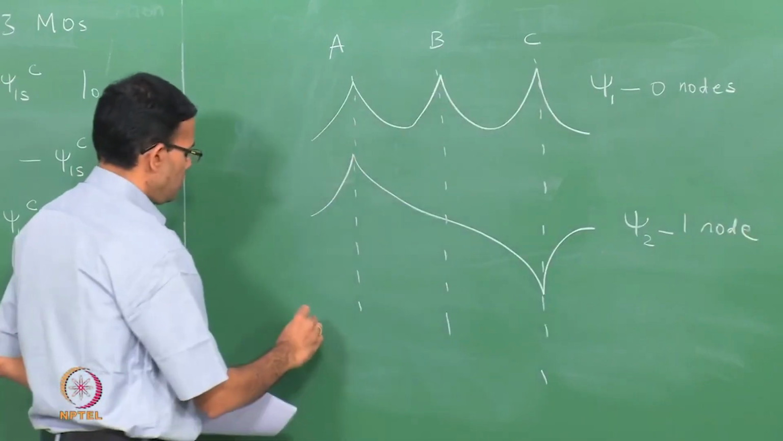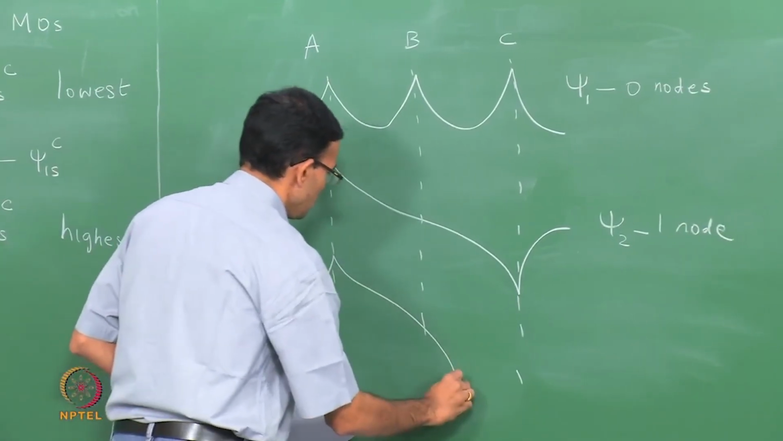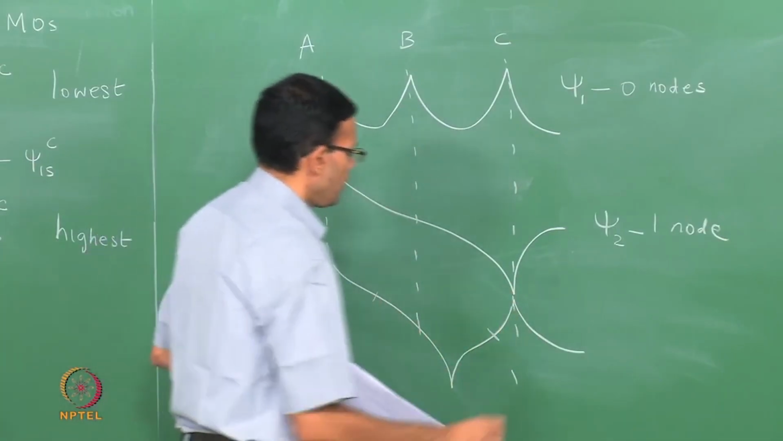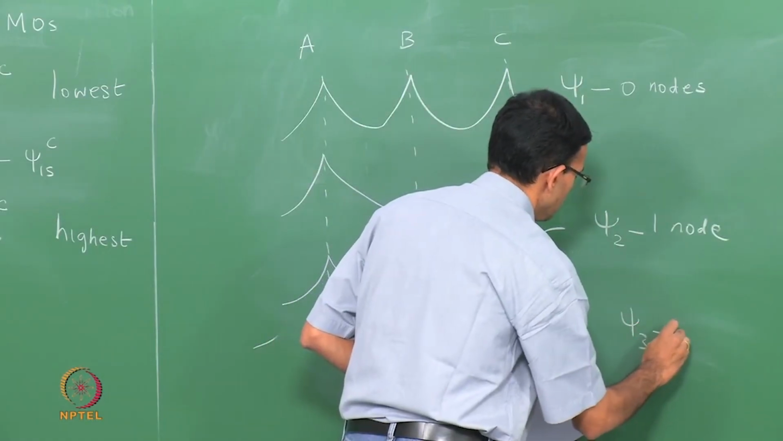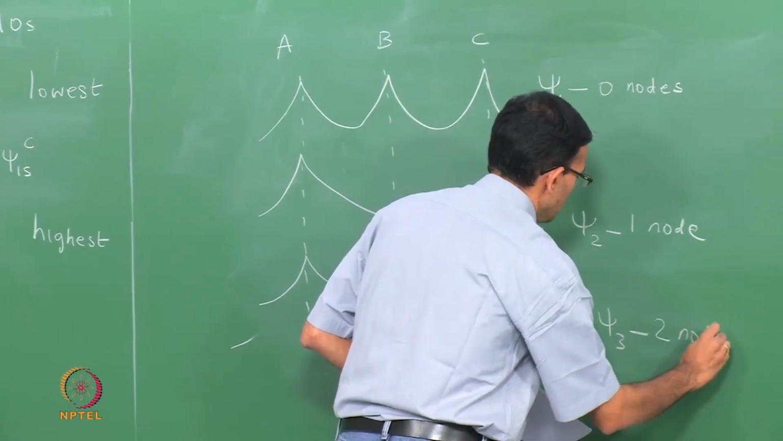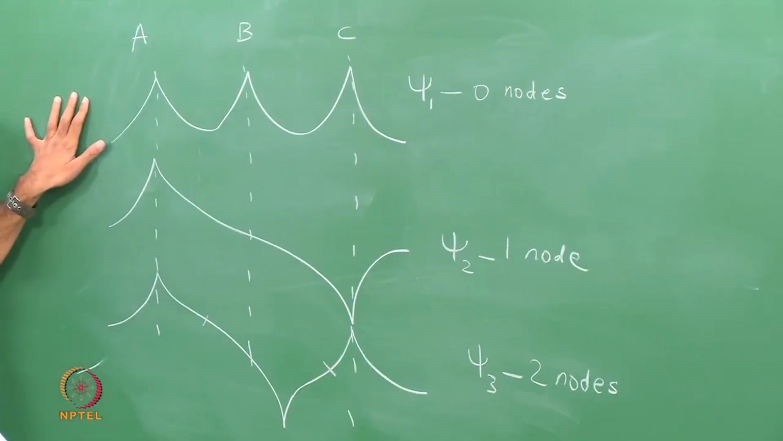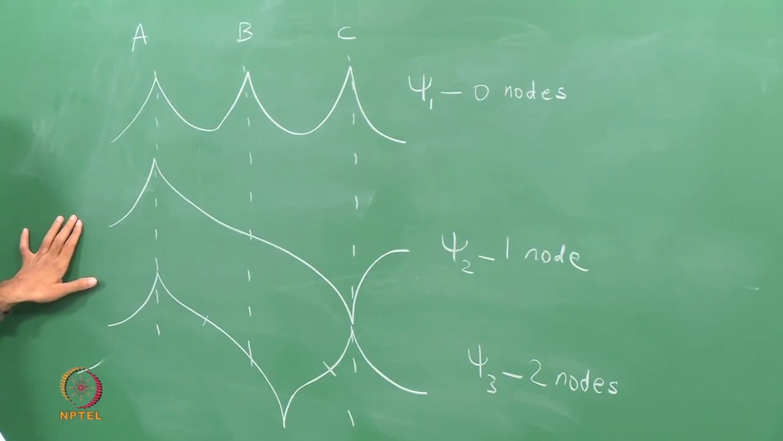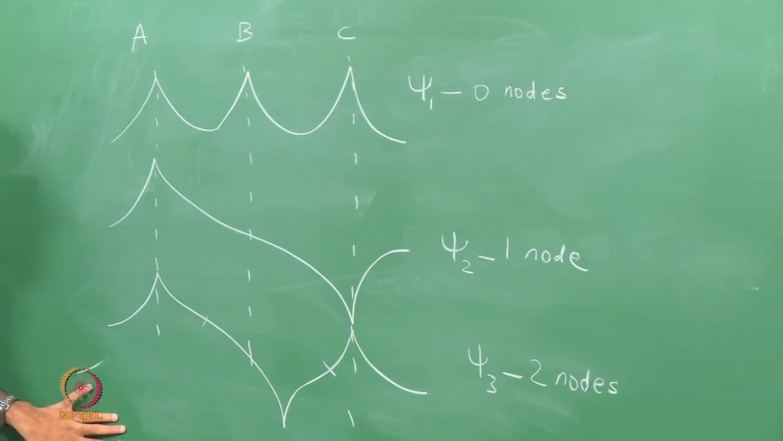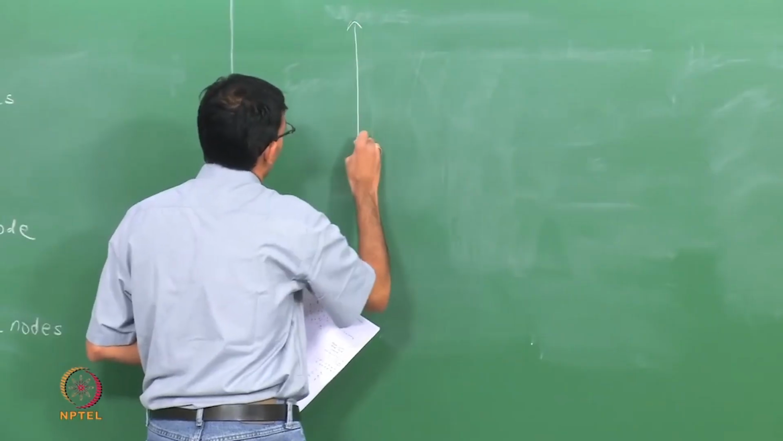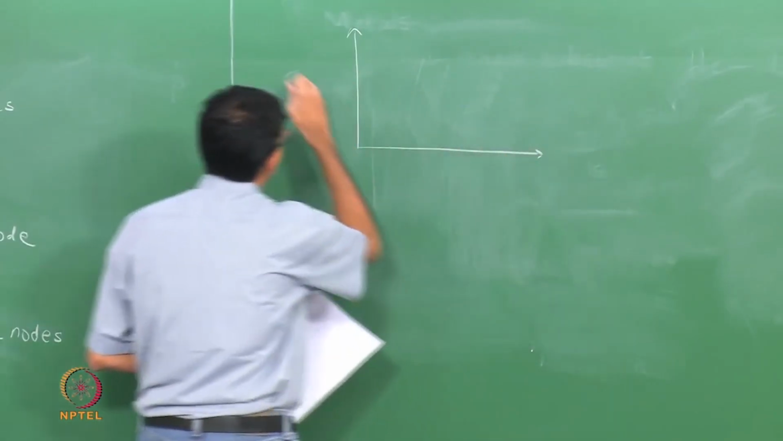And in the case of psi 3, we have 2 nodes. So, this is the lowest energy with 0 nodes, then you have one node which has a higher energy, finally psi 3 that has the highest energy. For this case also we can draw an energy versus bond length diagram. If we do the energy versus bond length for 3 hydrogen atoms,